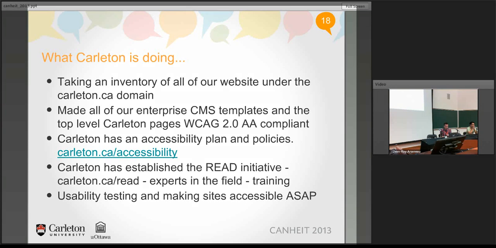We're starting with, obviously, the top tier faculty sites, homepages, and those sorts of things, but we want to know for 2021 what all the content is on our domain. The main CMS, we do have a Carleton CMS that our group works on. We've made that AA compliant, so we're already ahead of the game there. We have an accessibility plan and policies at